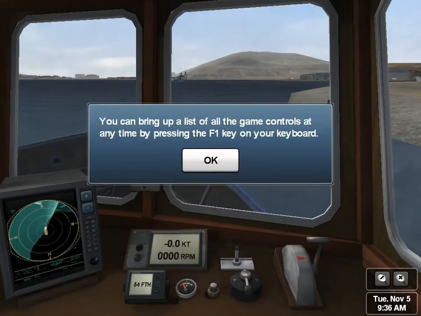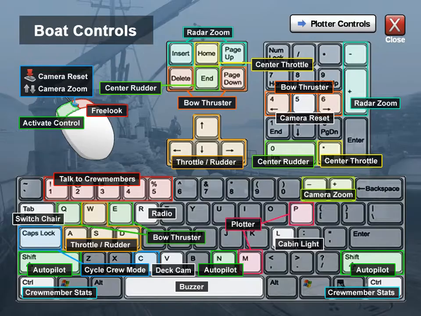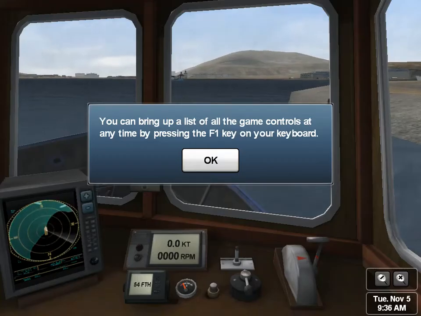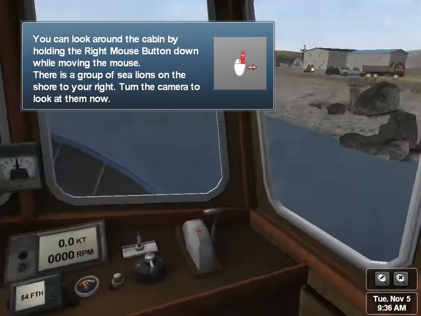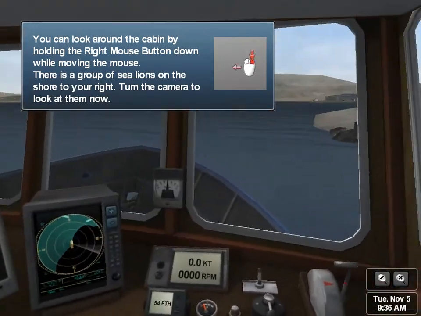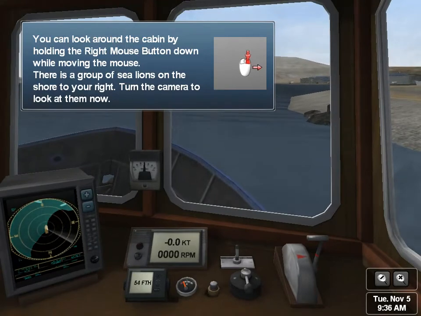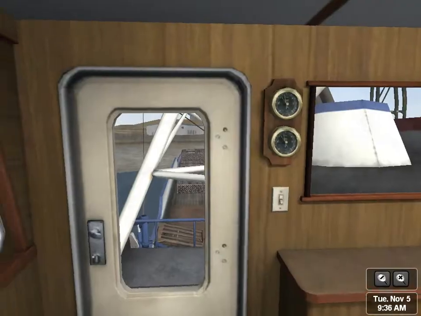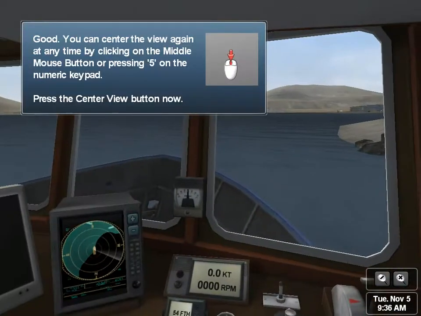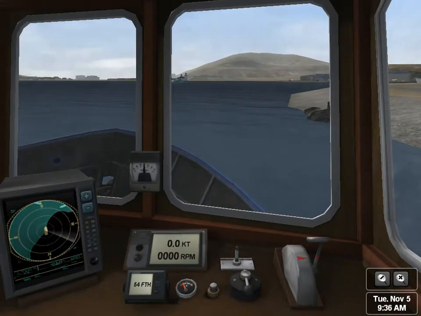You can bring up a list of all the game controls at any time by pressing the F1 key on your keyboard. You can look around the cabin by holding the right mouse button down while moving the mouse. There's a group of sea lions on the shore to your right. Turn the camera to look at them now. Good. You can center the view again at any time by...